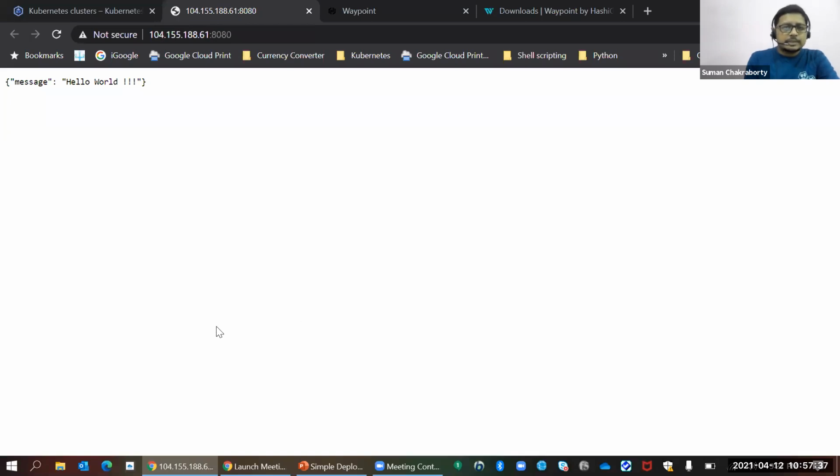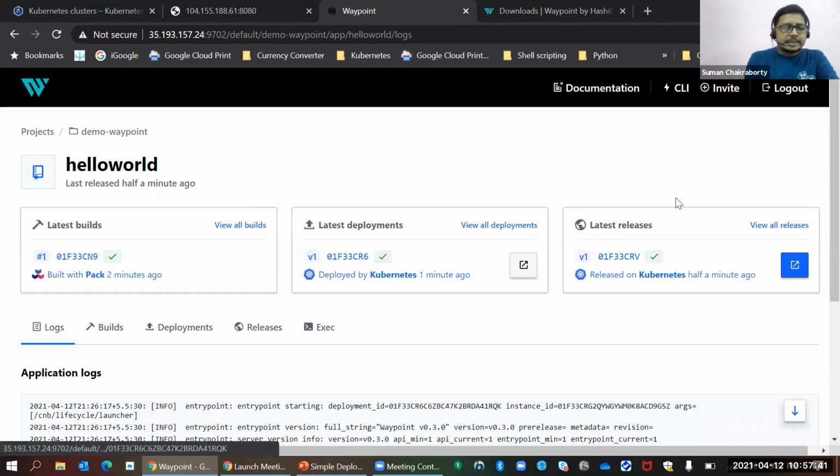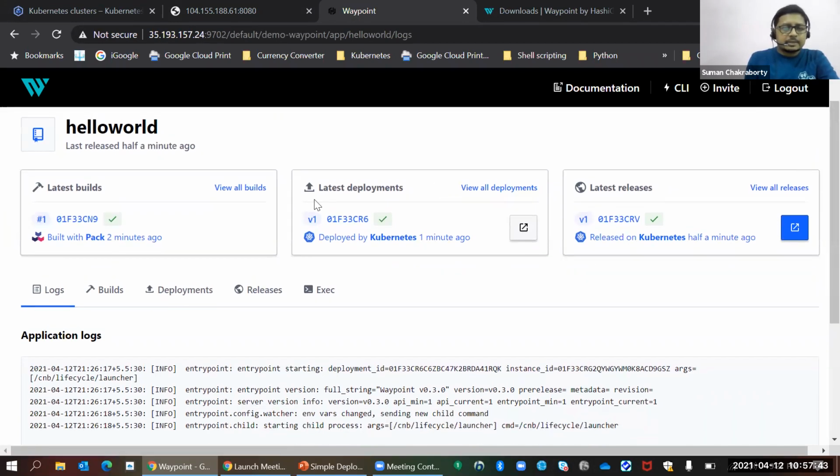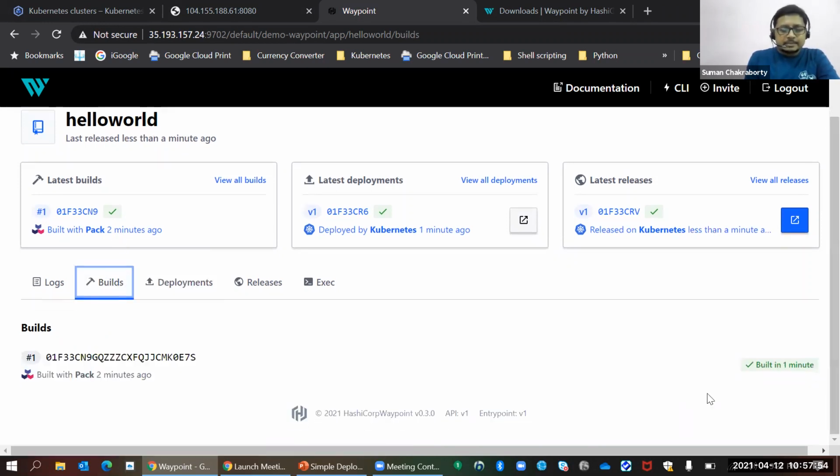Now, in this case, if we go to the UI side, we can see here that there are the builds, the deployments and the releases. So with the build, we can see it is with the pack CLI that I created the build here, and that is how much time it's taken. Everything is mentioned here.